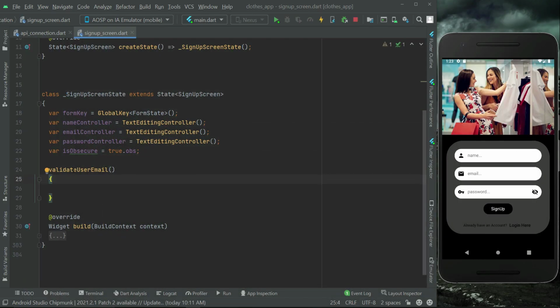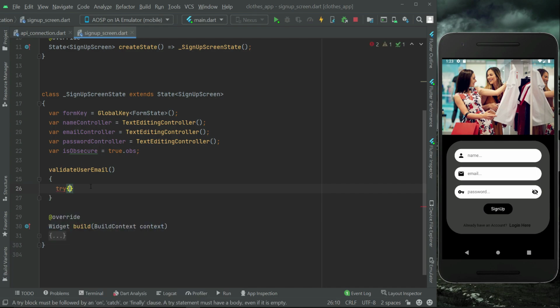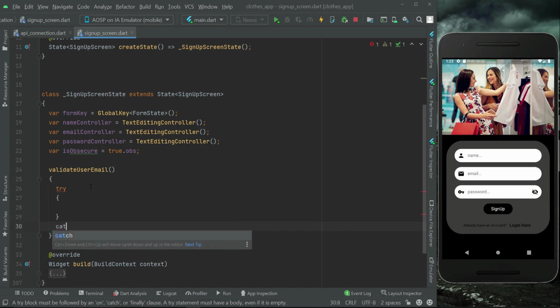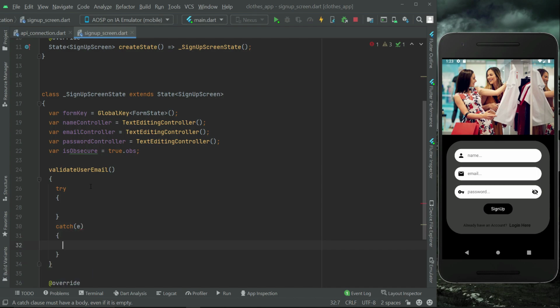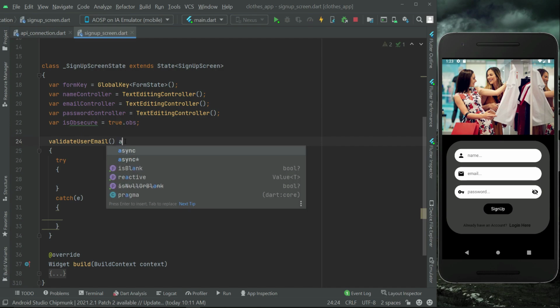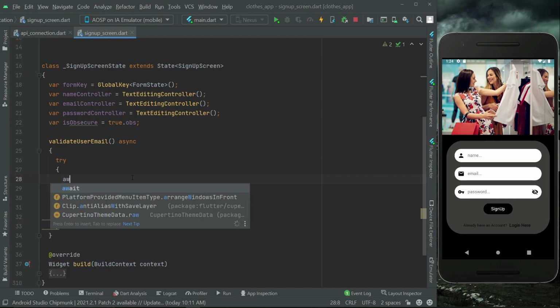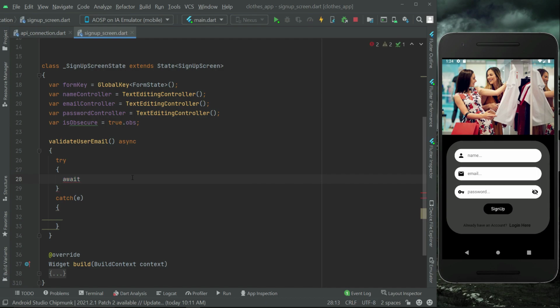So inside this method, which is validate user email, we will use the try catch block, that is try, and if any error occurs, then that will be inside the catch, that is, e stands for exception. So inside try, make sure to make this validate user email method asynchronous, since you know that we will wait for the response from the server. So we can say await, and in order to communicate with the API, or you can say with our server,